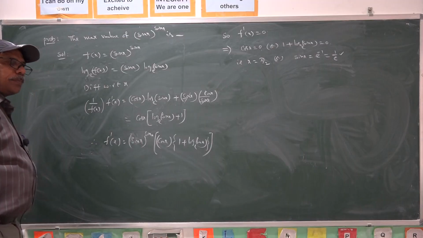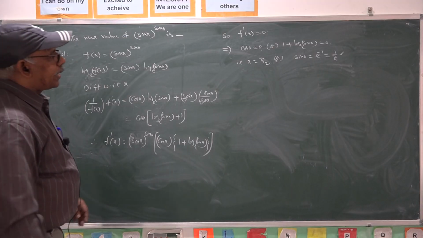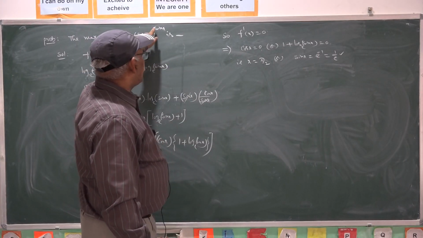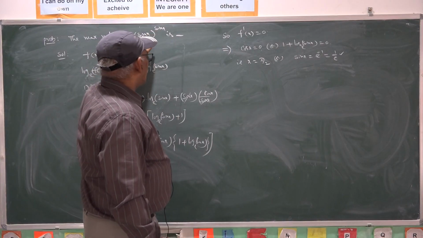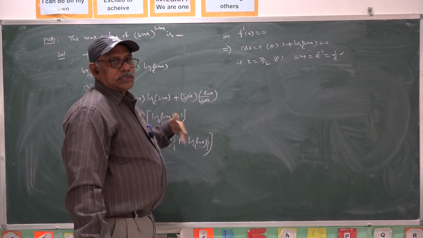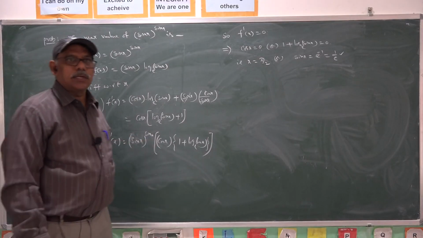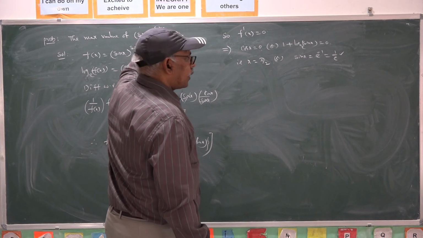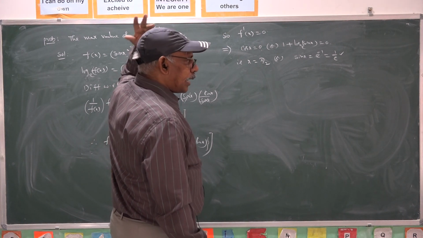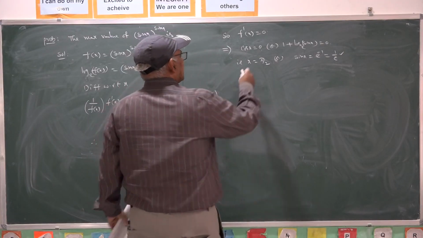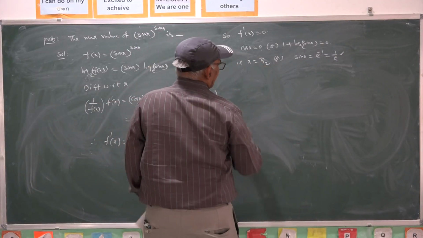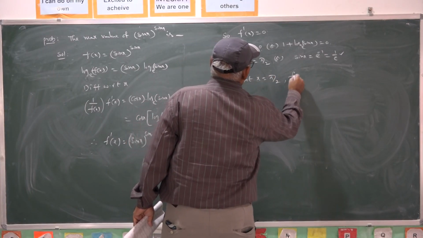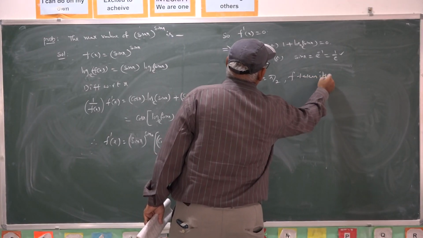So at x equal to pi by 2, clearly, what about the function? The functional value is sin pi by 2 whole power sin pi by 2, that is 1 power 1. Sin takes its maximum value whenever it is 1. So hence base takes maximum value, power takes maximum value, both are positive. So hence the function is maximum. Clearly at x equal to pi by 2, the function takes its maximum. Therefore at x equal to pi by 2, f takes its maximum,